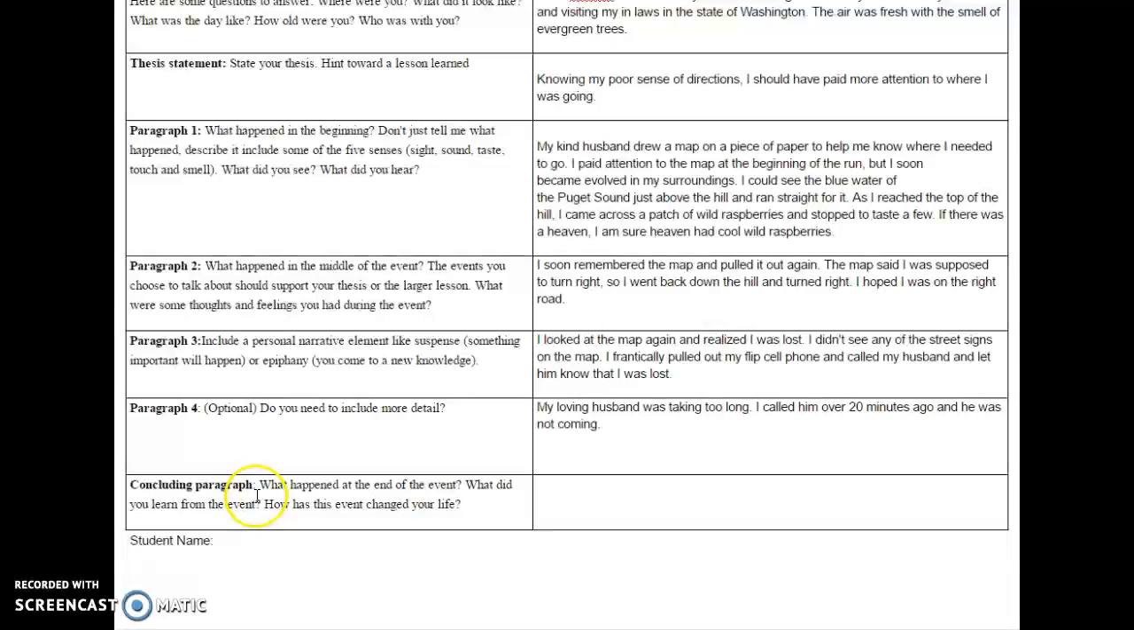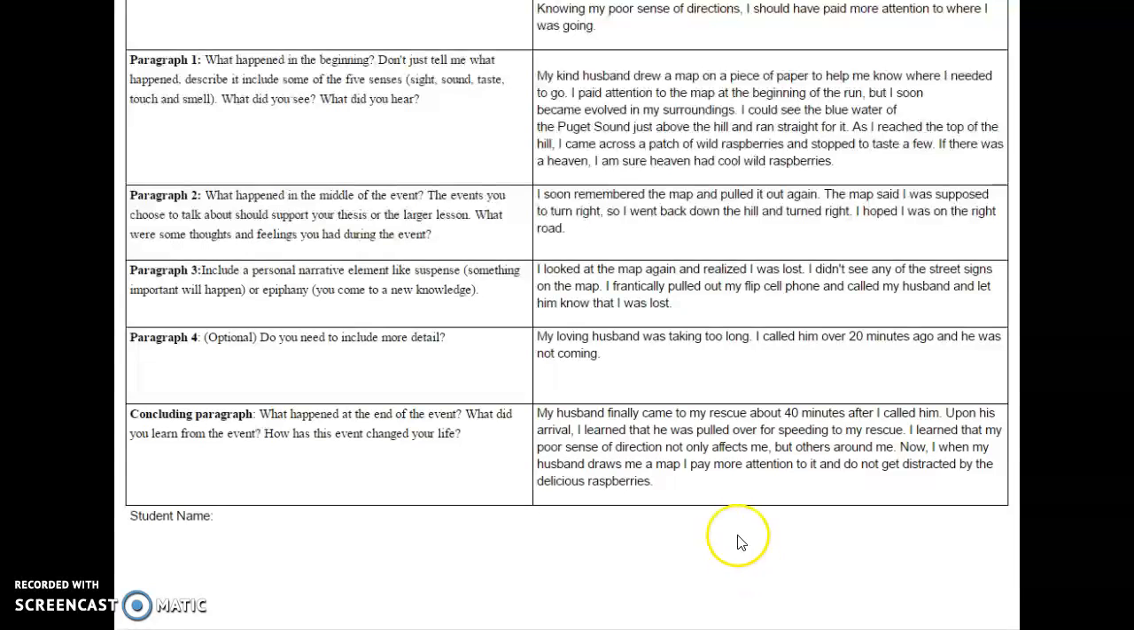We now reach the conclusion. We tell what happened at the end of the event and what we learned from the event. This is my ending. I talk about how my husband finally came to my rescue after 40 minutes, but upon his arrival, I learned that he was pulled over for speeding to my rescue. I learned that my poor sense of direction not only affects me, but others around me. Now, when my husband draws me a map, I pay more attention to it, and I do not get distracted